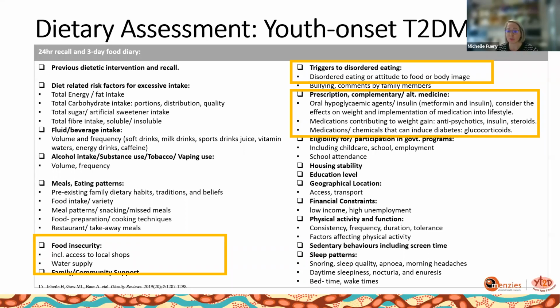And then I want to just draw focus to medications. So considering the medications that may contribute to weight gain, undermine lifestyle behaviours, or require adjustment with weight loss. Namely metformin, which has been shown to have a small but statistically significant decrease in body mass index when used for insulin resistance and abnormal glucose metabolism, but also insulin.